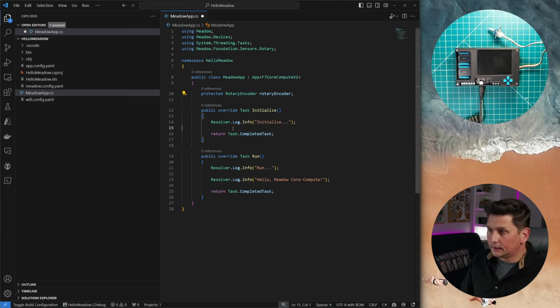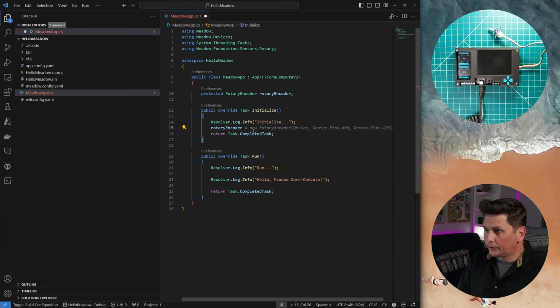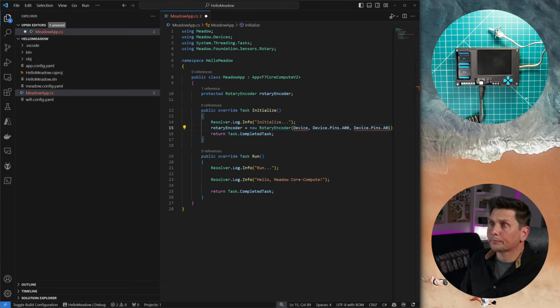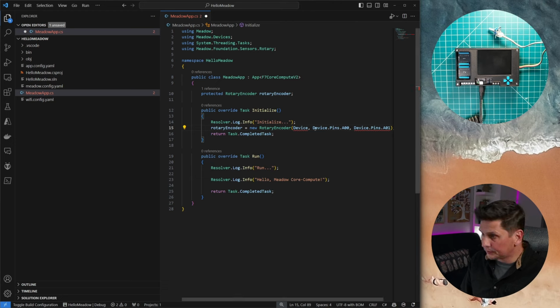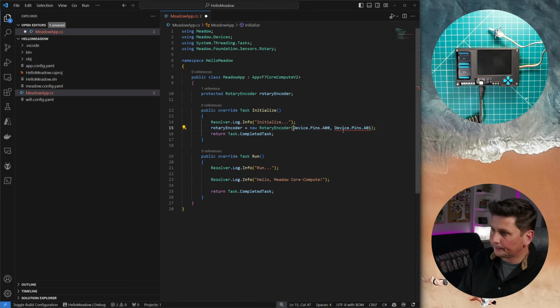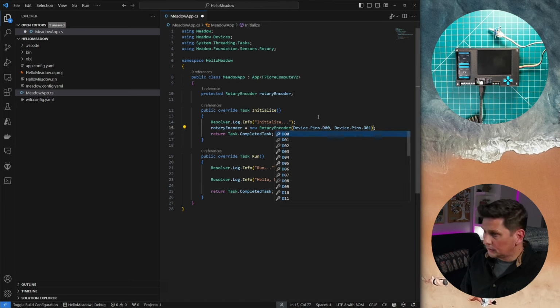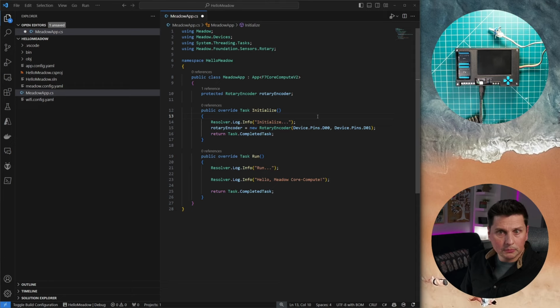So in the initialize function here, I'm going to do rotary encoder equals new, and here I'm going to have, actually not this prototype, I want this other one here. And the pins I'm going to use, I need to check which ones they are. By default, it picks analog ones, but I think I'm going to have digital ones. In order to figure out which are the right ones, I need to go back to the docs to see which pins are on this Grove connector here.